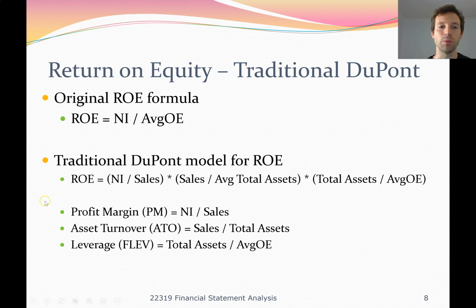Specifically, we're going to use this formula here. We're going to say the firm's return on equity is equal to their net income divided by sales. And down here, I've called that the profit margin. You then multiply the profit margin by sales divided by average total assets. And here I've called that asset turnover. So the profit margin times the asset turnover ratio. These are both operating aspects of our business. And then we multiply by total assets divided by average owner's equity, which is the leverage or the financial leverage